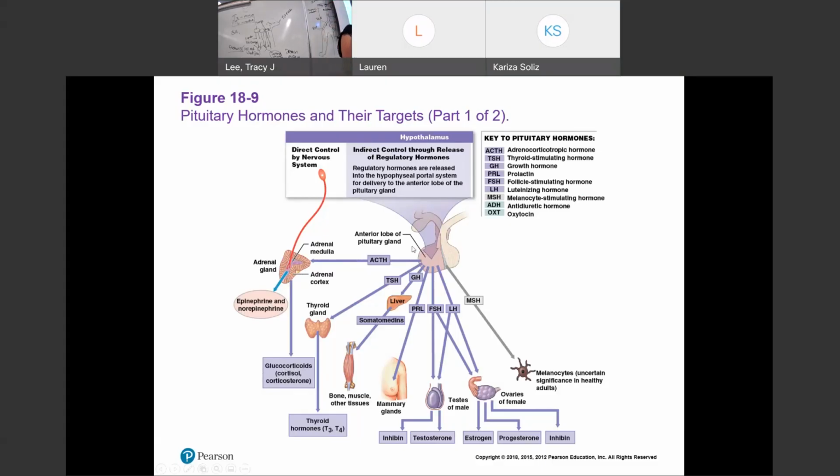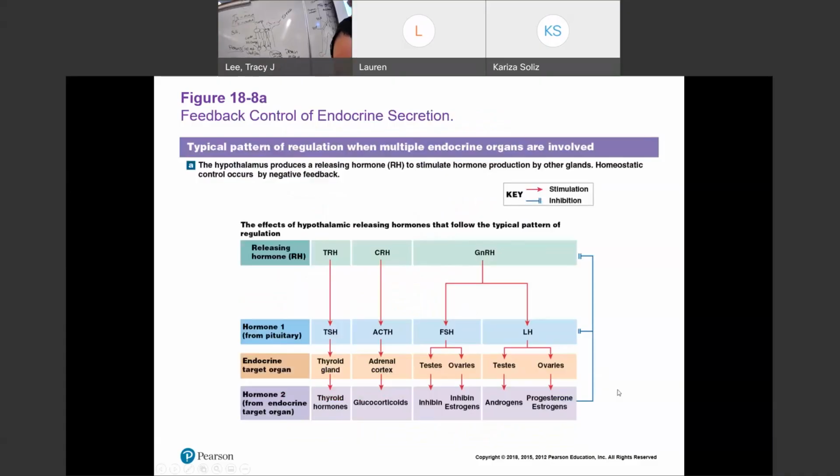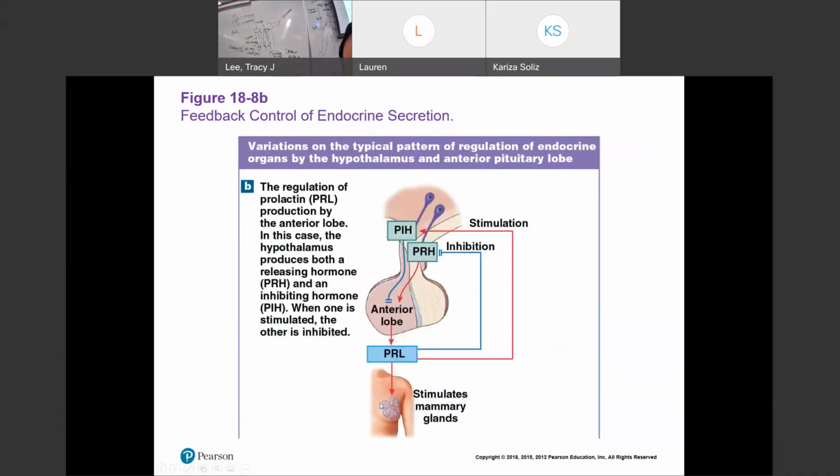If you know your acronyms for your pituitary gland and you know that they're either stimulating or inhibitory hormones that come from the hypothalamus, you're going to be fine. I think it's pretty easy to follow these paths. Okay, so we already looked at this. This is inhibiting. So in this one, we're going to inhibit